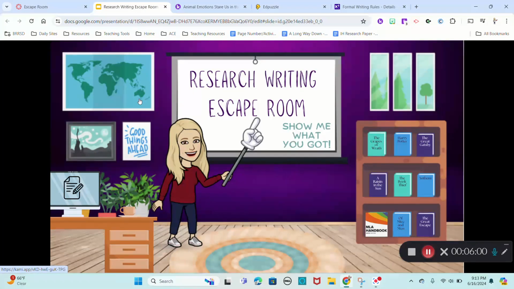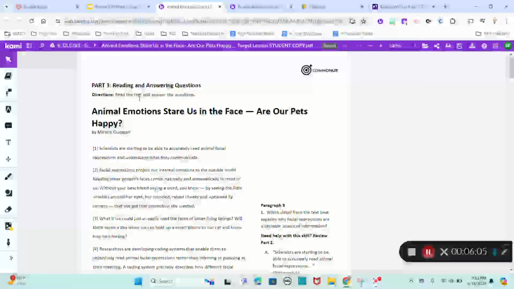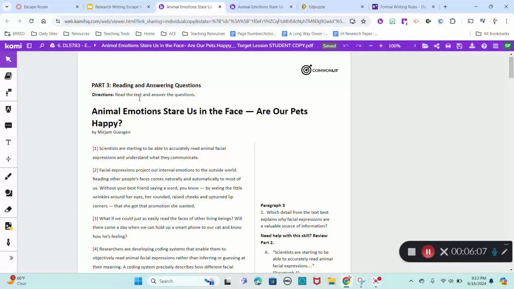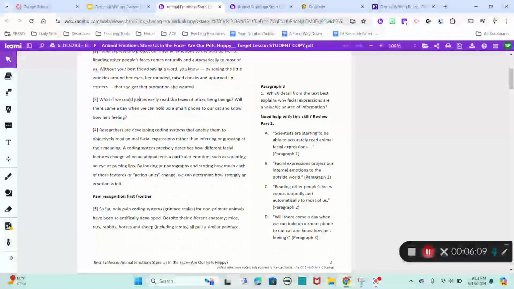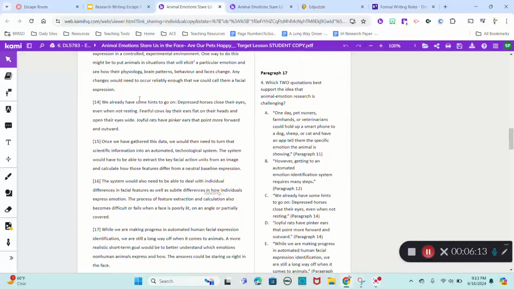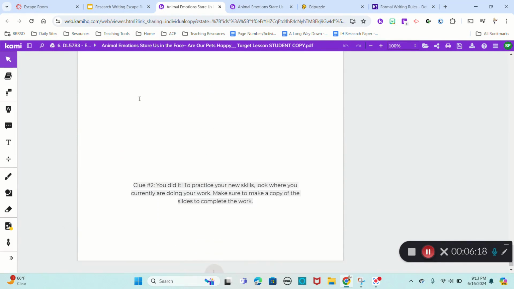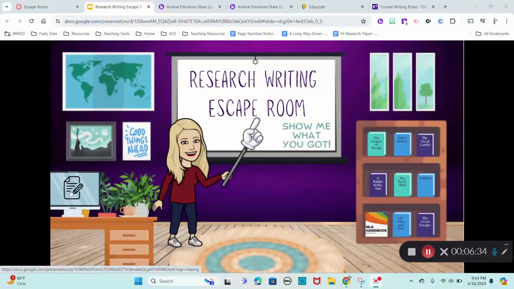Once the students find Australia and click on it, they will be redirected to a Kami assignment where they will practice locating support. Once they are finished with the assignment, they will then receive another clue that they must then go find in the virtual escape room. Moving back to the escape room, students would then find the computer as per the clue,